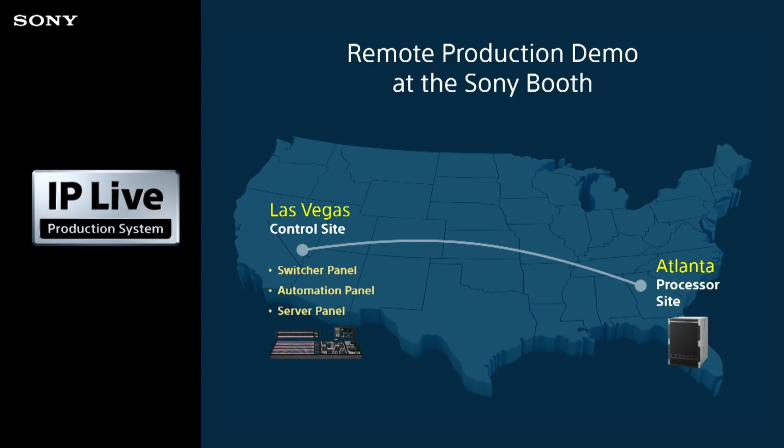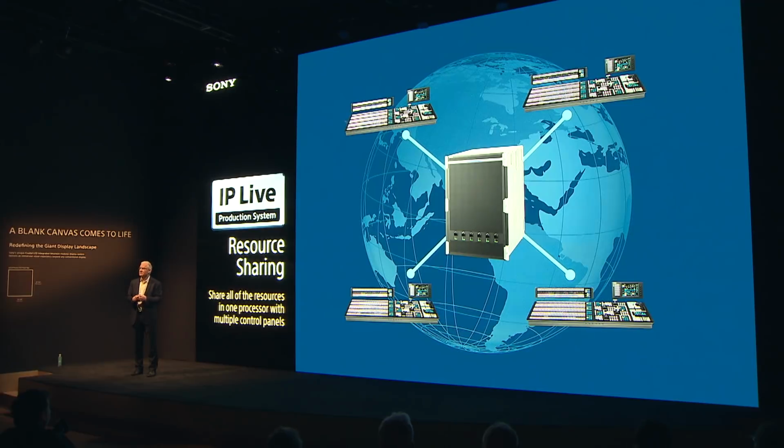Now customers can manage multiple productions across US and international time zones from one central location housing their switcher, CCUs, graphics, and replay system. XVS switchers also give customers the ability to split one processor into multiple logical switchers, enabling simultaneous productions using the resource sharing feature. The enormous efficiencies this workflow brings is changing how media companies are approaching equipment usage across their